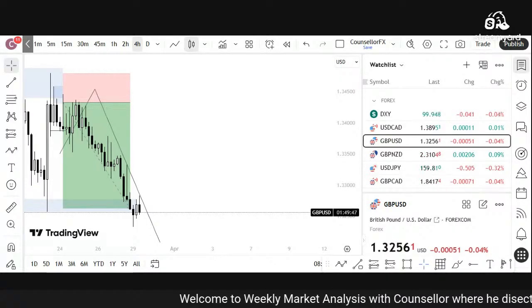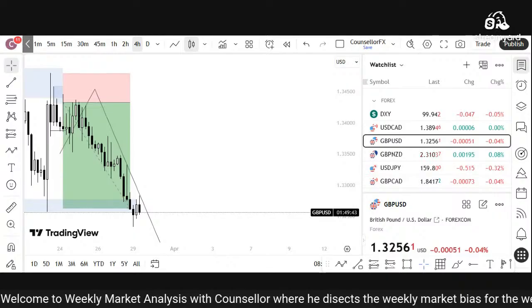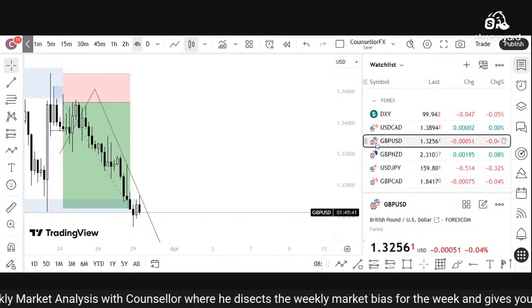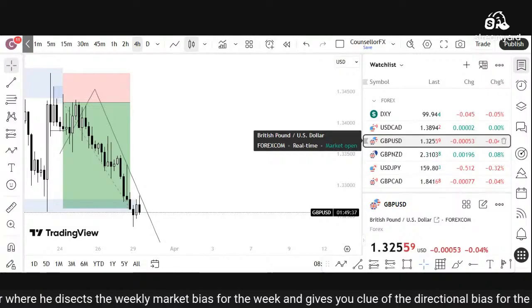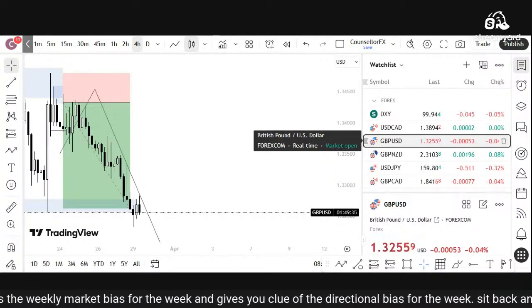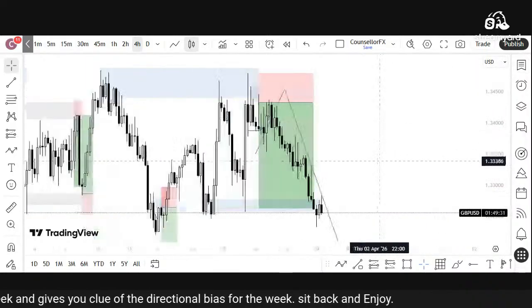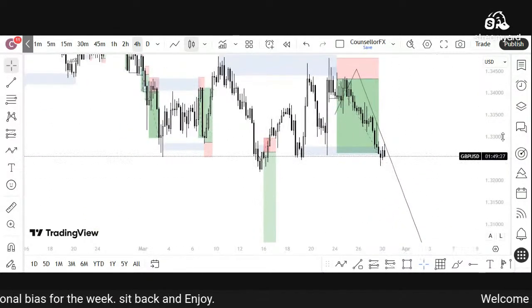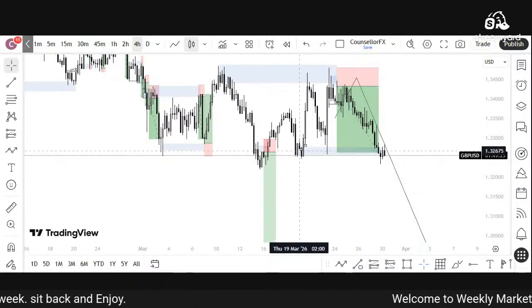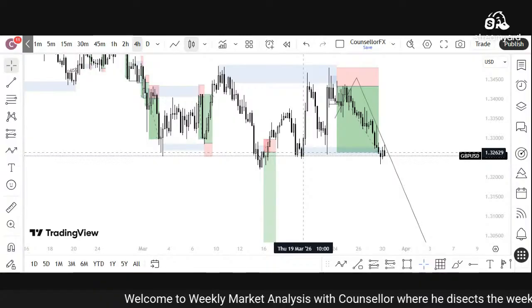Confirmation before people just enter without confirmation. So I've said it already with confirmation. So now that it's already obvious that this pair is bearish, from last week we saw it was bearish. And I said, for the fact that price has come to this place repeatedly and not taken it out,